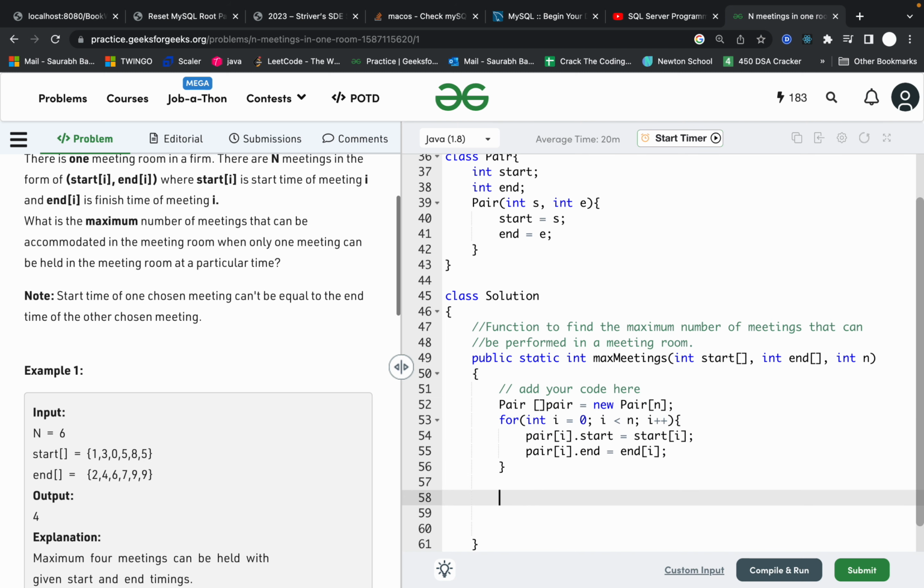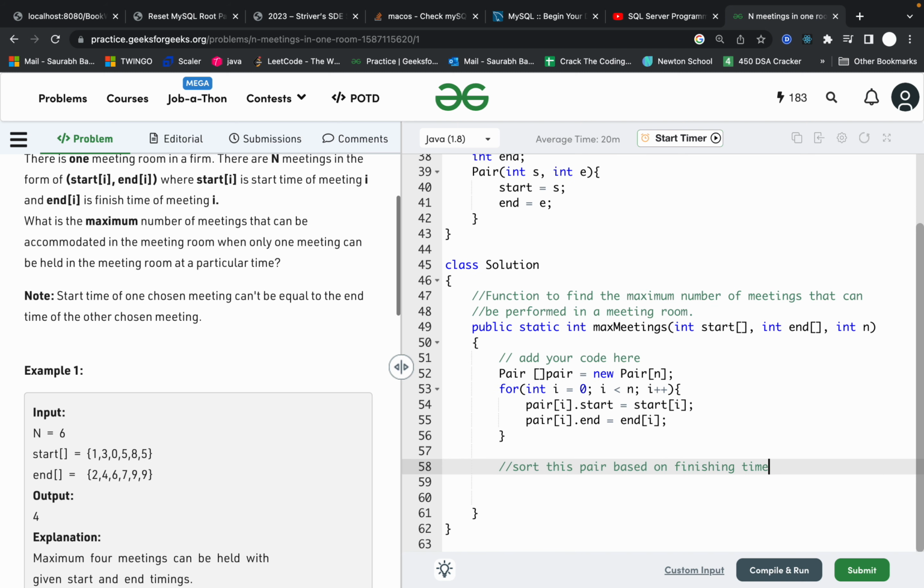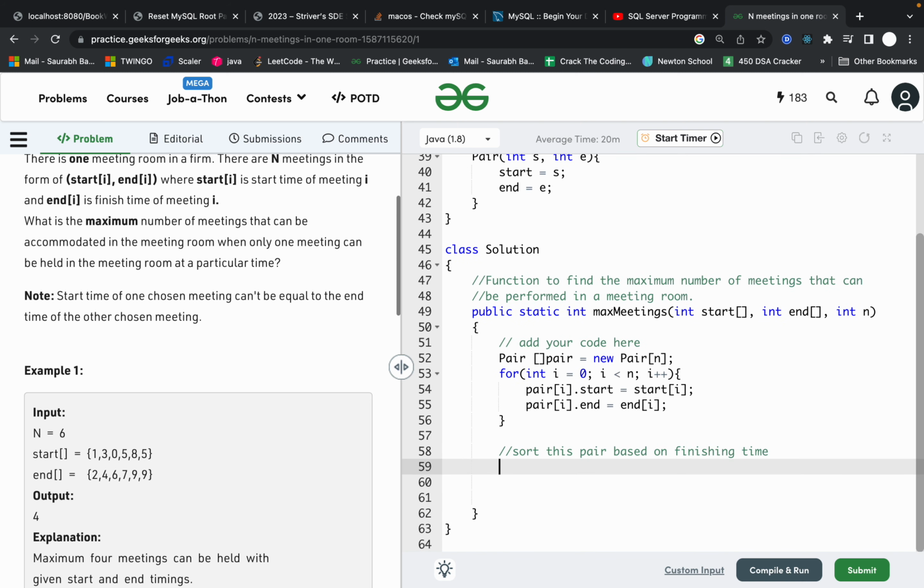Now what I have to do is sort these pairs. Based on what? Based on finishing time. So the idea is I need to sort according to finishing time, in ascending order. What's the logic? The logic is simple: I just need to pick the meets which end first. So I will say Arrays dot sort, and I have to make